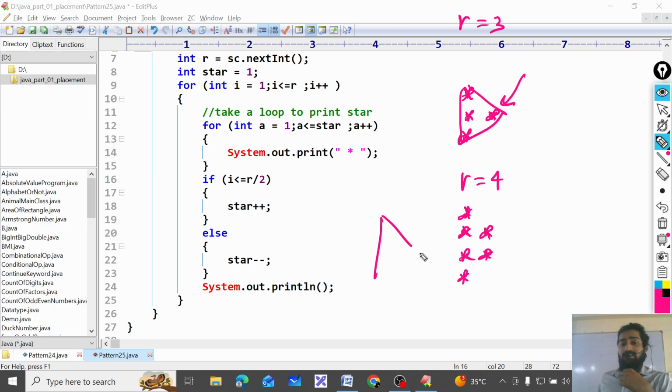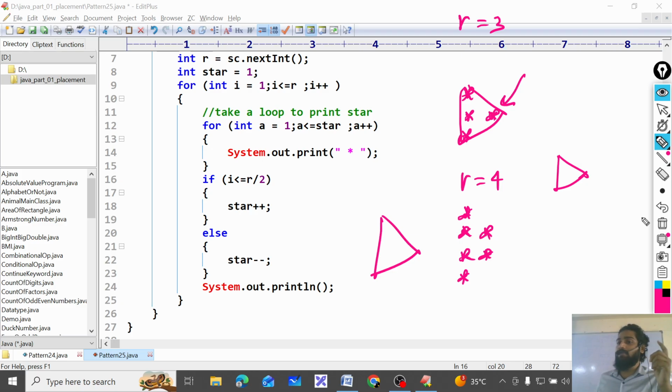So in this pattern you should have an odd number of rows only. If the user gives you an even number of rows, you should tell them to please enter an odd number of rows to print the pattern. Do you understand now? What you understood: if the number of rows is even, the pattern will not form. That is why the number of rows should be odd.